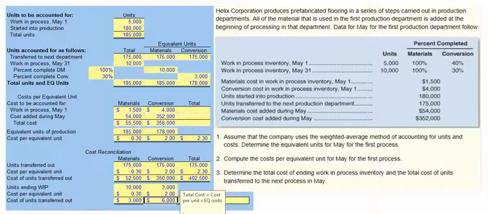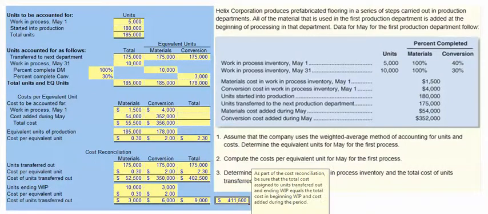Notice we use our equivalent units in ending work in process inventory, not the total units. This means the total cost assigned to ending work in process inventory will be $9,000. That's our direct material cost of $3,000 plus our $6,000 in conversion costs. We've now accounted for a total of $411,500 in costs. This is our cost of the units transferred out plus the cost of our units left in